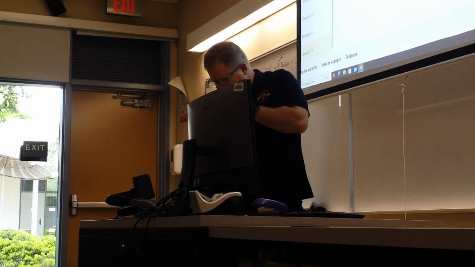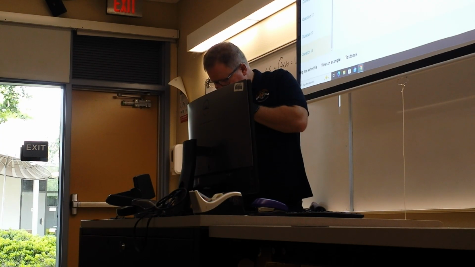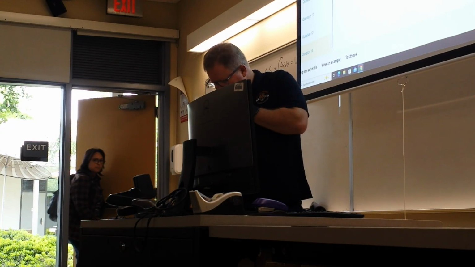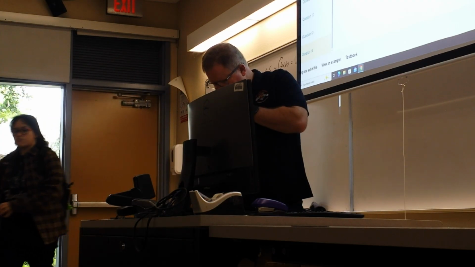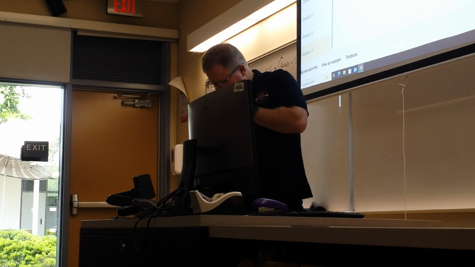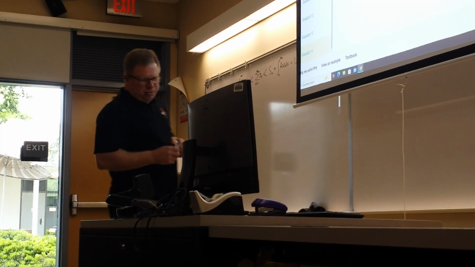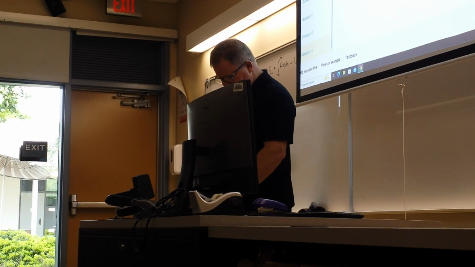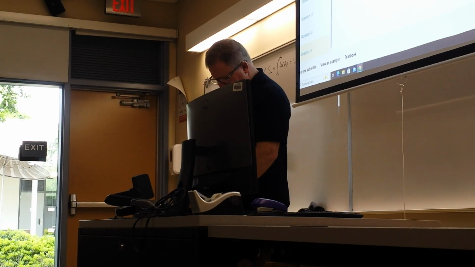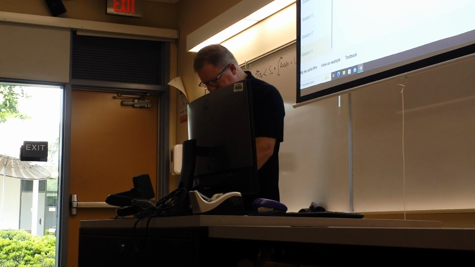Using an upper bound. Okay, so let's see, we need to do this integral from